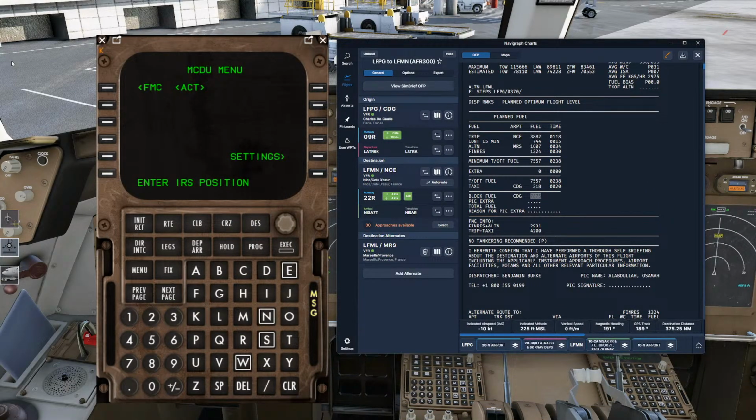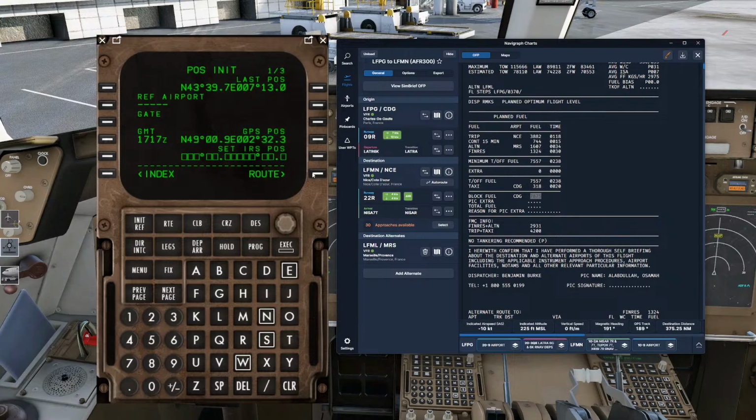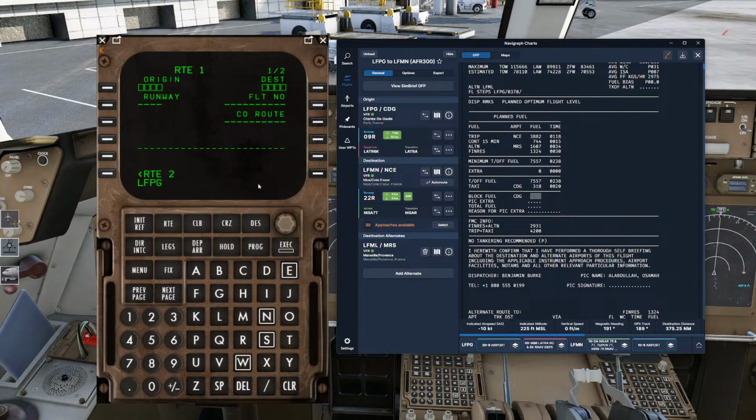Okay, we are going to go to the FMC. We're going to make sure that the current nav data is current. And we are going to go to position init. We are currently at LFPG, reference airport. We're going to select the current GPS position. Next, we're going to go to route, LFPG to